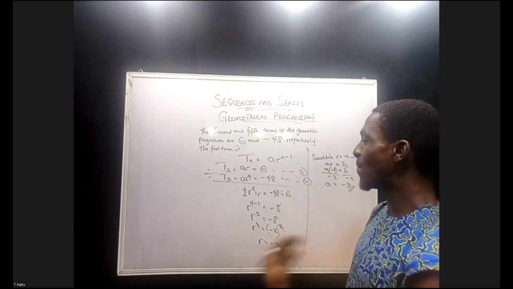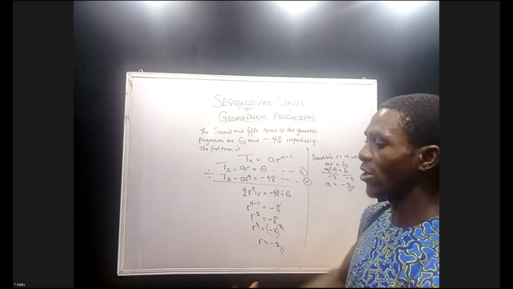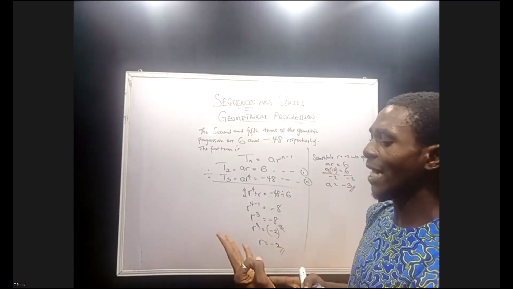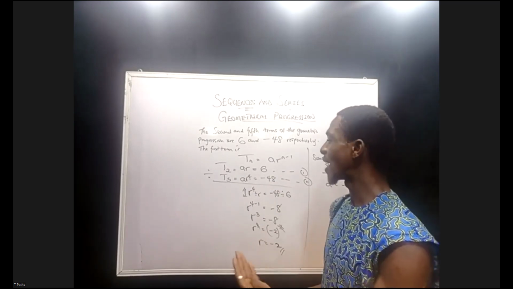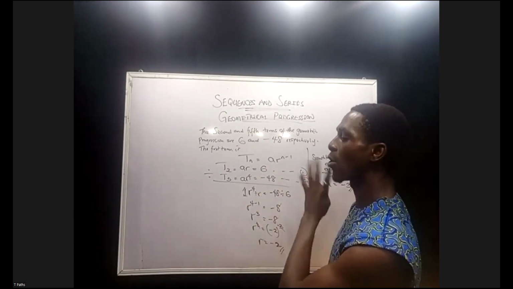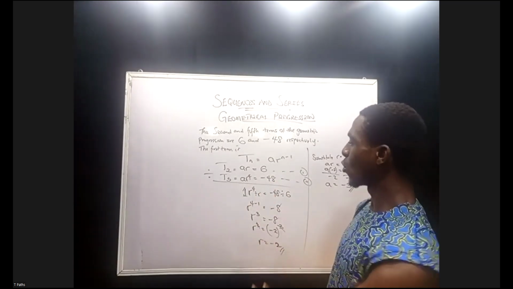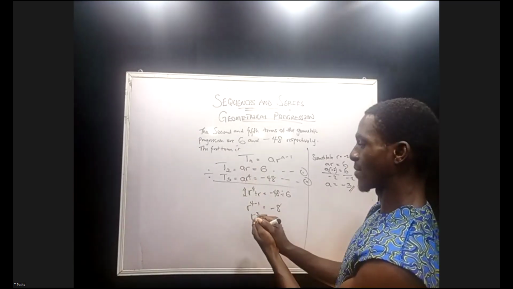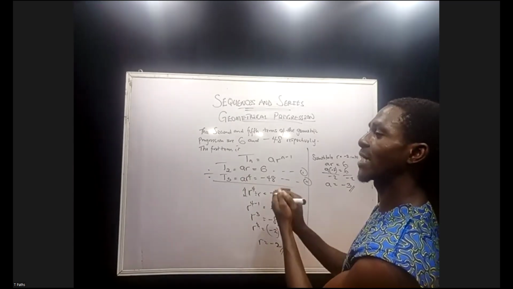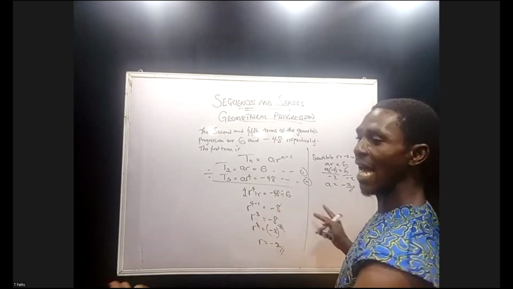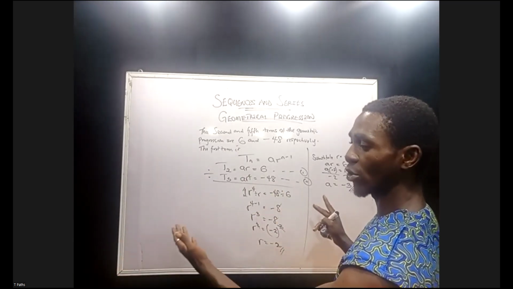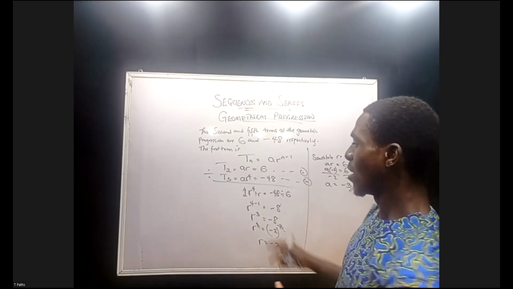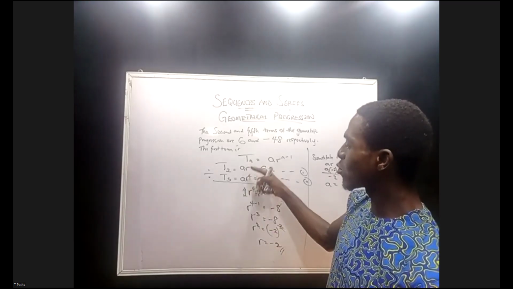While I was explaining, I made mention of addition, subtraction, multiplication, and division. Those are the four arithmetic operations that you can use to eliminate one of the unknowns in this question. Looking at the board, we have A and R multiplied together, so for me to separate A and R, I will have to divide the equations. So that tells me that to solve these two simultaneously